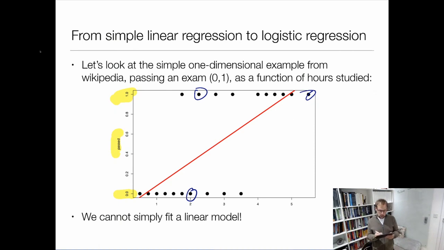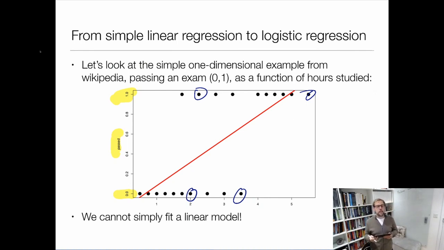But some people did study quite a lot. They just studied 3.5 hours, but still did not pass. So this is the data, and I just plotted it, labeling passing and not passing as 1 and 0. I just plotted it in this space, and obviously the question is, how am I going to model this discrete